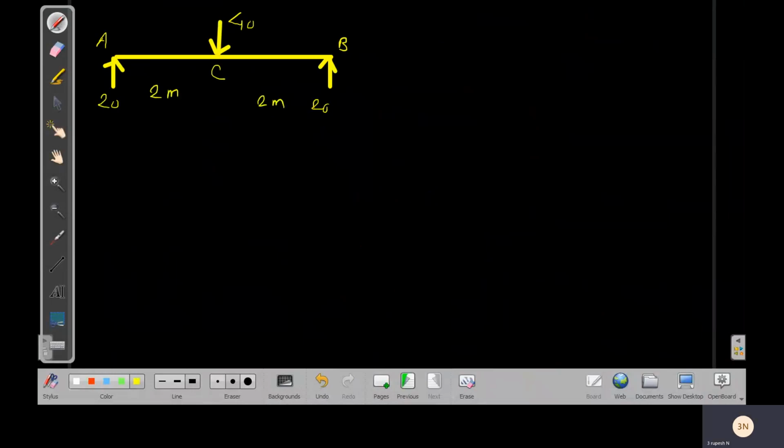Now we have to write the equation for bending moment. So bending moment about XX. So we are considering this section XX. Okay. Now you know about this XX section. This is the exact section. If it is producing clockwise, that means sagging. If you apply this load, this beam deflects like this about this x-axis. So this is the sagging bending moment. It is positive. And the bending moment is force into perpendicular distance. So 20 into the distance about the section x, that is this distance x. Okay, so this is 20 into x.